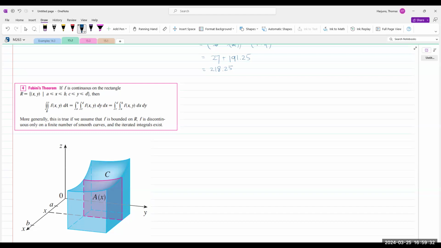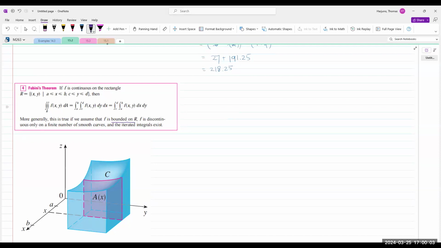Clairaut's theorem says that f sub xy equals f sub yx if the first derivative of the function is continuous in a neighborhood of a coordinate, which is not on the boundary. Now, Fubini's theorem only requires the function to be continuous. In fact, Fubini's theorem is actually more general. It only requires the function to be bounded